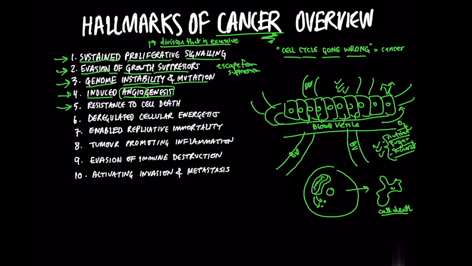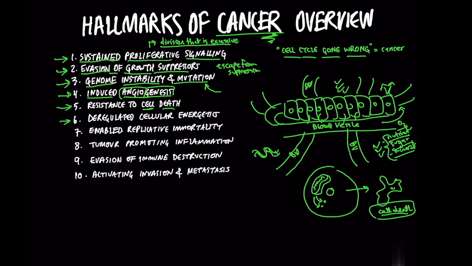There again, they have a lot of blood vessels coming in, lots of nutrients coming in. They want to inhibit the cell death. They want to mutate the DNA, so it really helps them achieve all these things, right? Now my DNA is a bit more like that. So resistance to cell death, right?